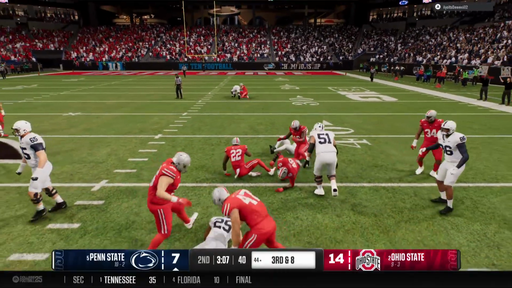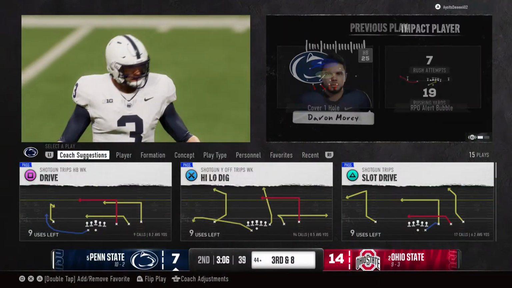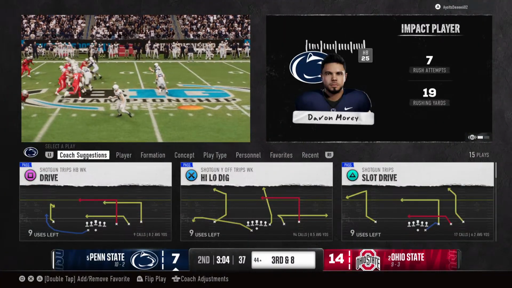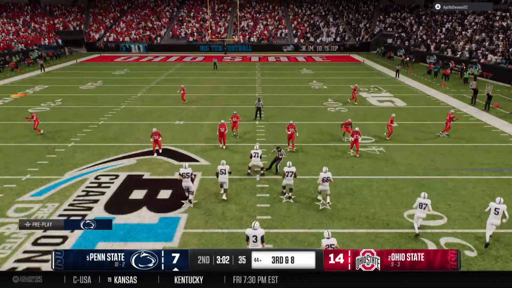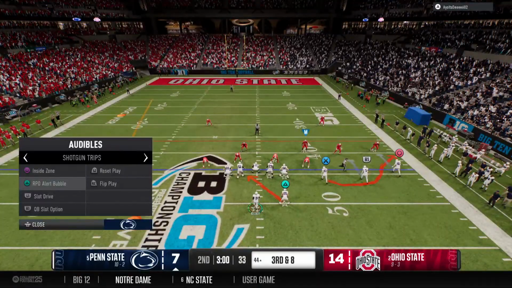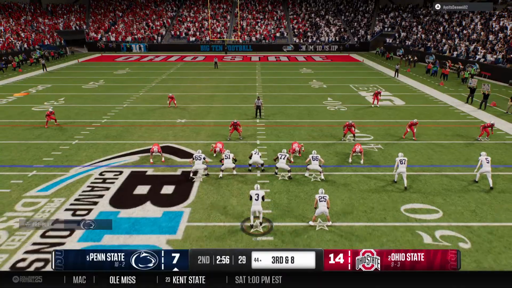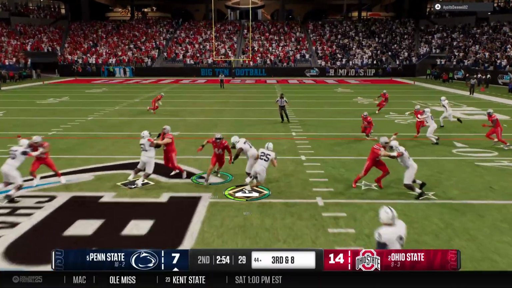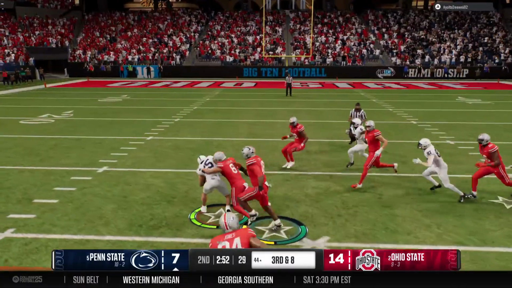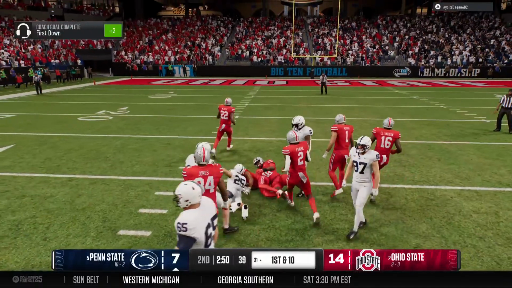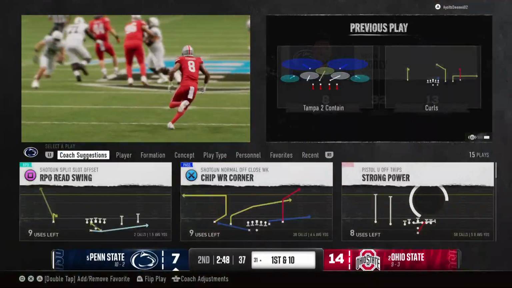It's a short game, but look at that defense swarm to the football. Chris, the spread era over the years has always grown offensively, but what I've always been impressed with are defenses that really build their defense to play in space and still have an ability to be sound at the line of scrimmage and defend a running game. It's exactly what we saw right there. They make the first down, brought down to the 31.